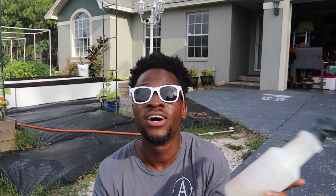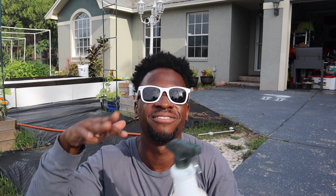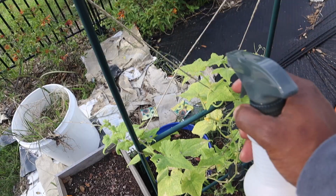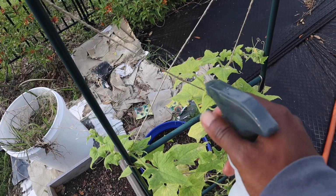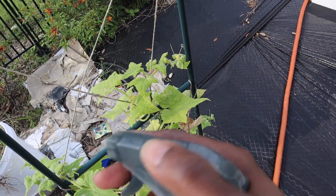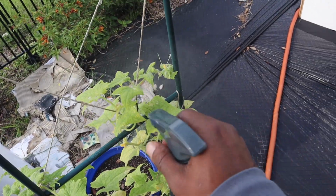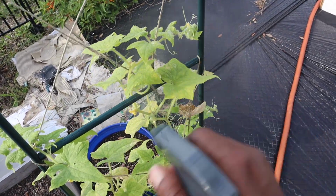It's not just about getting them away today, but it's about spraying them so that they stay away. So let's go ahead and spray these bad boys, and we'll come back and all that good stuff. Spray time! So now I'm just gonna take the solution as we already mixed up and just spray. Oh, stream. No, I need the mist. Let me see. All right, so this water bottle picked up from the Dollar Tree, but it had a stream